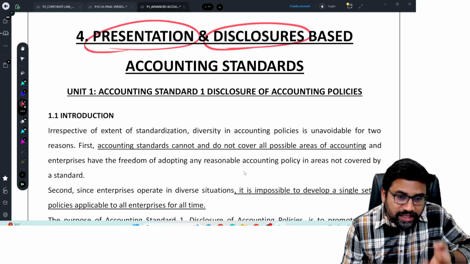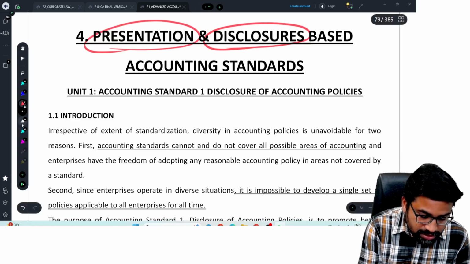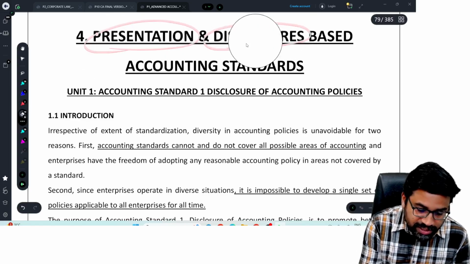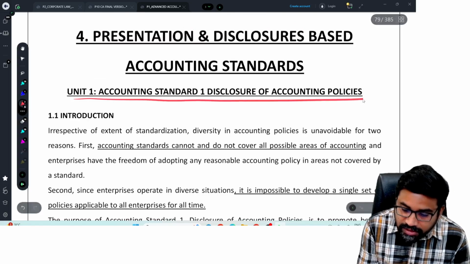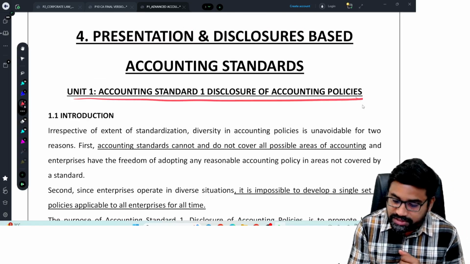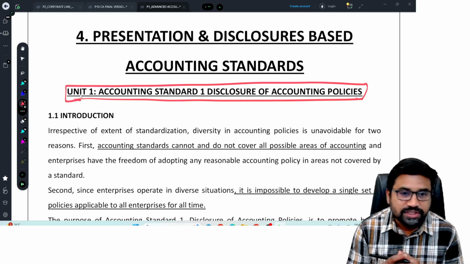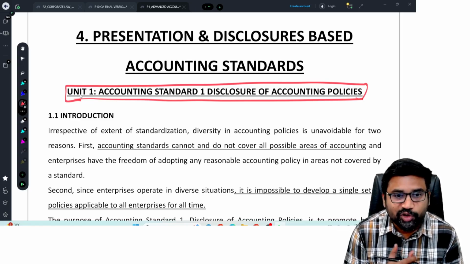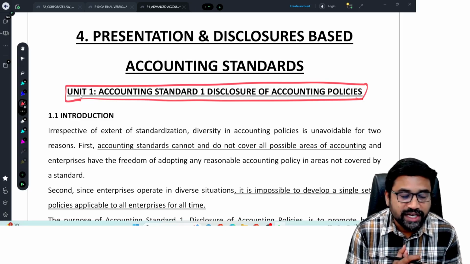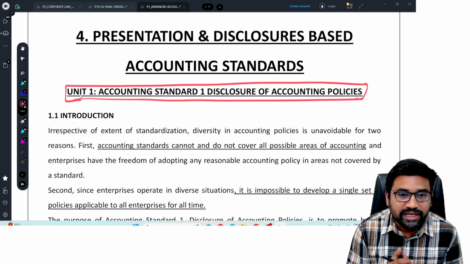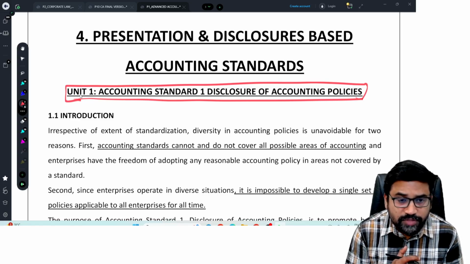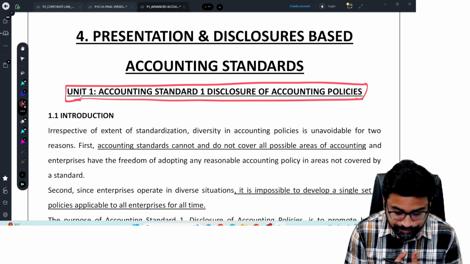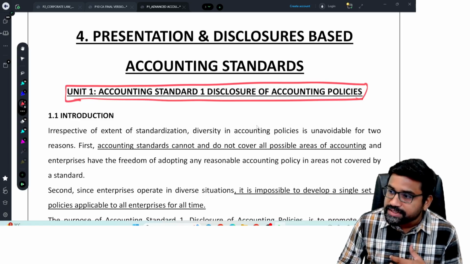Now, in that series, the first standard we are going to discuss is accounting standard 1, that is, disclosure of accounting policies. This is the most underrated accounting standard. Many students think this standard is not at all important and leave it, or believe it is a pure theory standard that can be covered at any time. You should not take any chance, sir. In fact, this is a very good standard where there are so many new points to learn. Okay, now let us continue our discussion here.